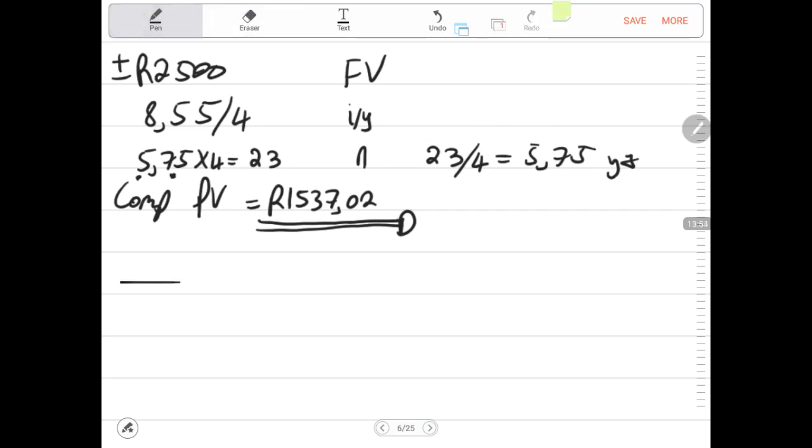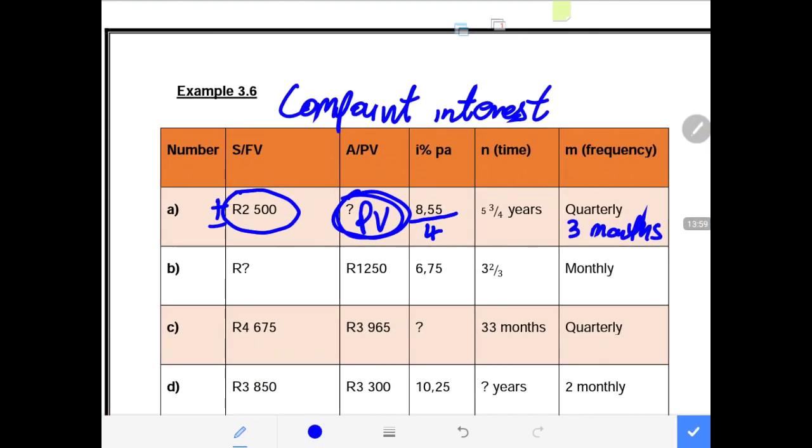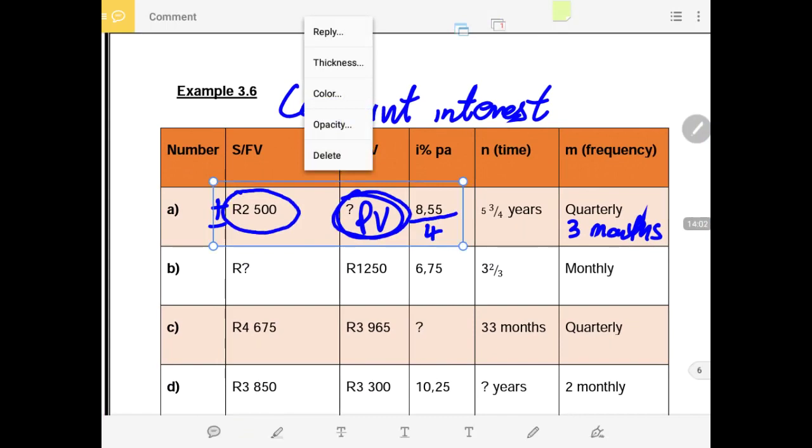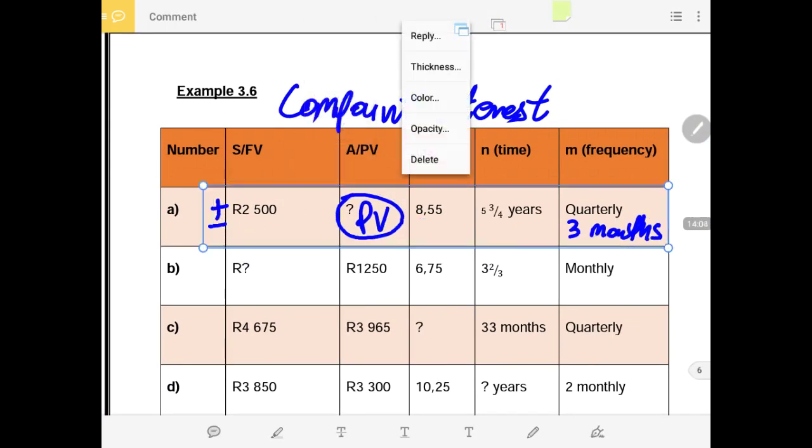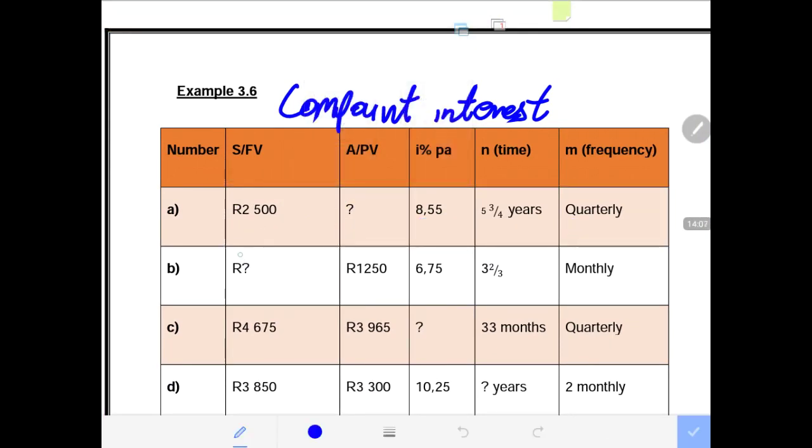We go to number B, and we see that in number B, we don't have the future value. That means obviously we are looking for the future value, because sum accumulated, which is S, is the future value that we're looking for. So now if we're looking for the future value, then our present value, we must write it as negative, plus minus 1,250. Our interest is 6.67%, and our n is